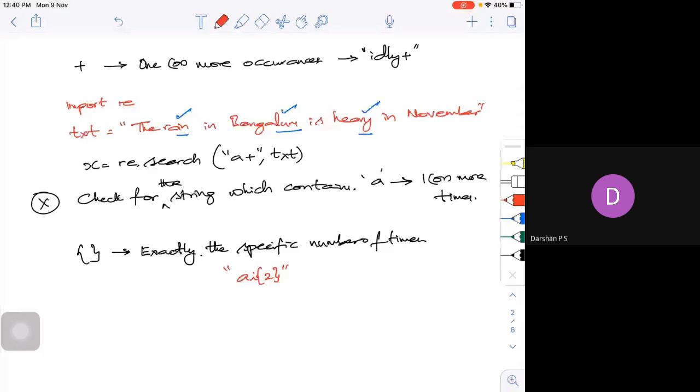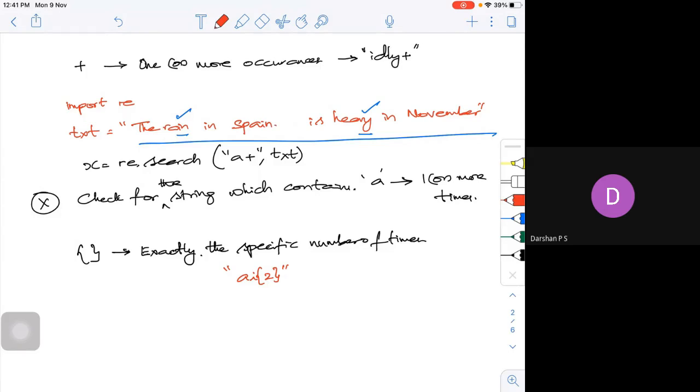It will search for that in the string. Whatever string I have now, it will search for 2 times. At least one match is there which contains at least AI, 2 occurrences. How many are there? Here it is 2. The other one, AI, is not there, so it's 0. So instead of Bengaluru, let me put Spain. So then only